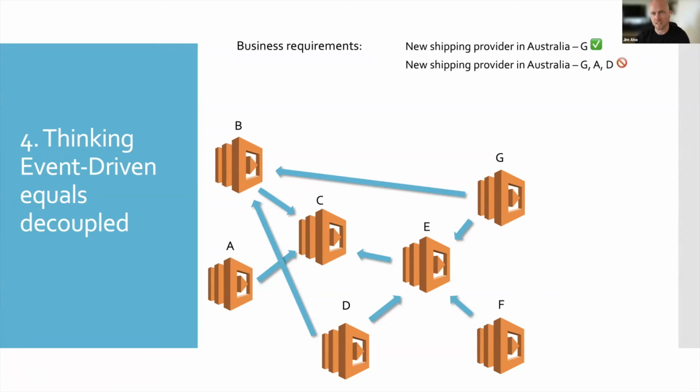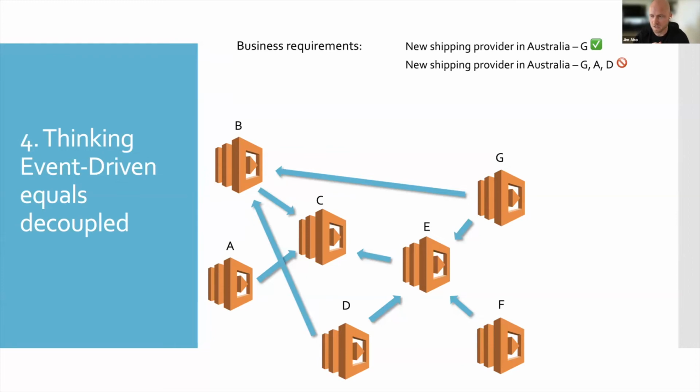On the other hand, if you get exactly the same business requirement, but now it turns out that you need to update application G, A, and D, it tells us that for some reason we have managed to spread out logic related to shipping in different systems or different microservices. And then you need to question, is this good or is it bad? This is usually